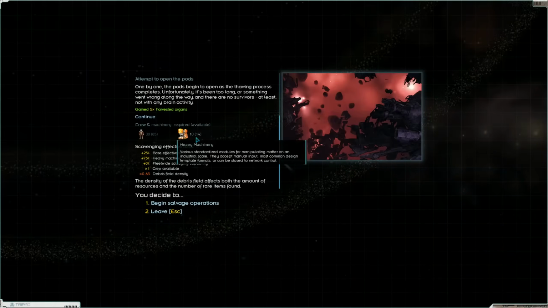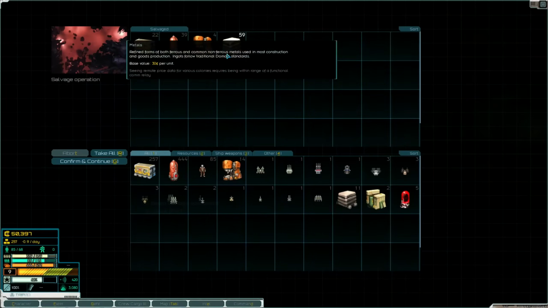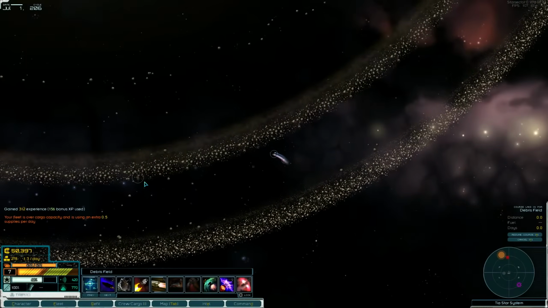We've got enough heavy machinery to do a salvage operation, so let's do that. We get a ton of supplies, a decent amount of fuel, some machinery, some metals. That's fine. We've got some stuff. Let's head over to...